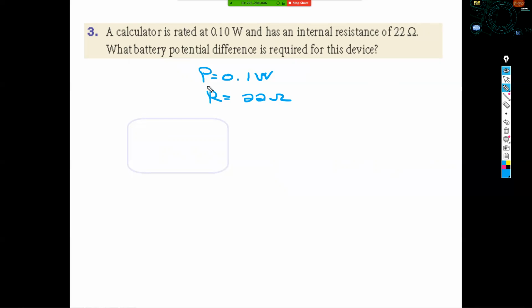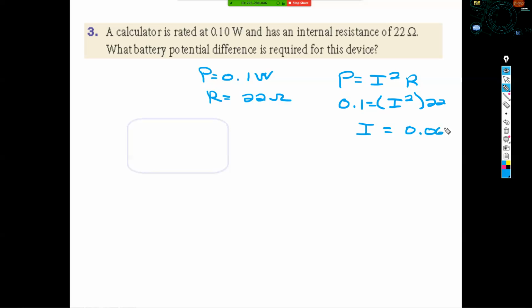Now, you could use that substitution and use P equals I squared times R. That's probably the easiest way to go forward because I don't have my current, I don't have my voltage, so I can't use Ohm's law right now. And so I'm going to use P equals I squared R. So 0.1 equals I squared times 22. Make sure you take the square root when you're all said and done, because you just want I. You get